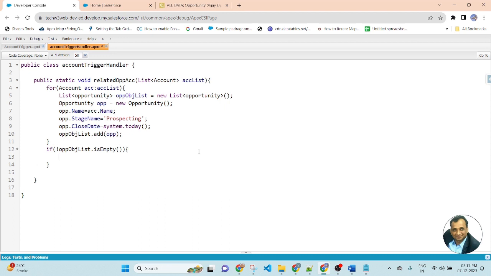Insert this list of opportunity, because I am assigning all of the values inside this list. Then save the file.